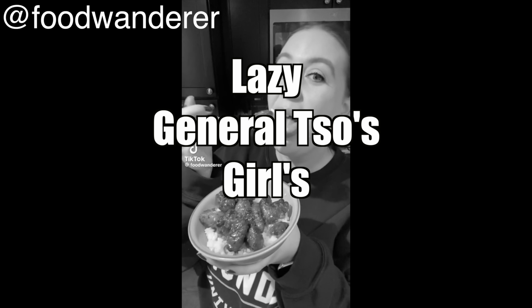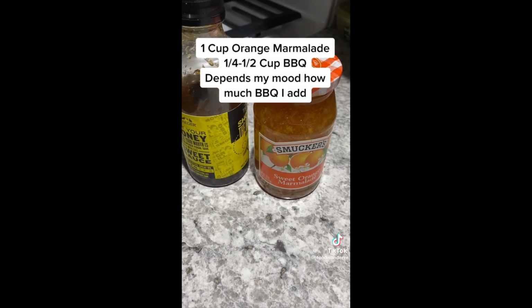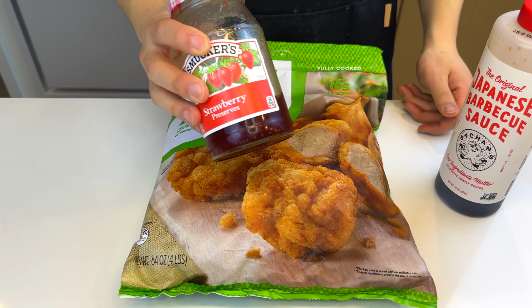I got our first recipe from this lady. She calls it the Lazy General Tso's Girls Chicken. Recipe, Lazy Girl Orange Chicken. Prepare a bag of breaded chicken chunks according to the package. The sauce is made from orange marmalade and barbecue sauce. That seems pretty easy, so I have the Costco sauce, some breaded chicken, and I don't have orange marmalade, so